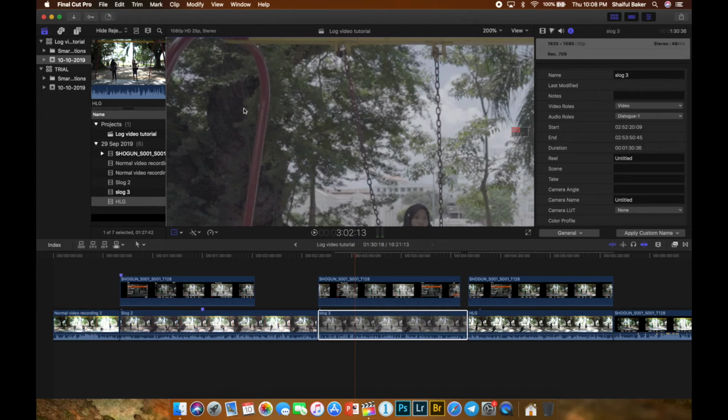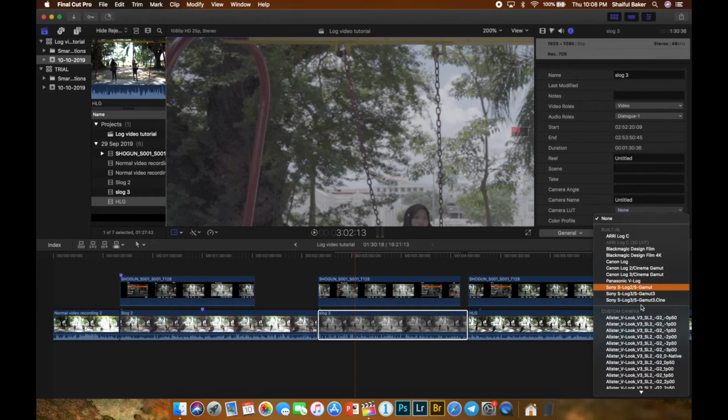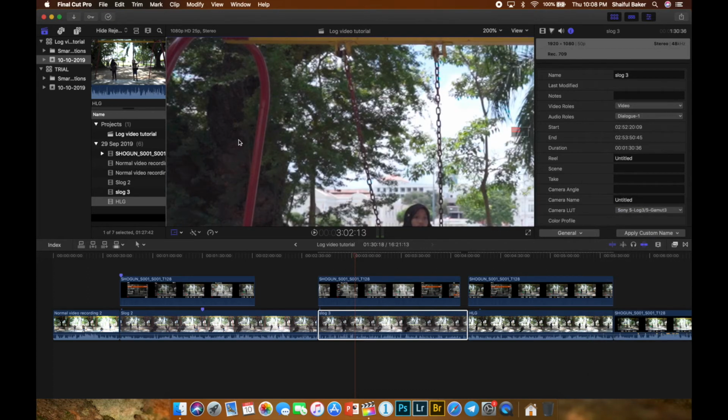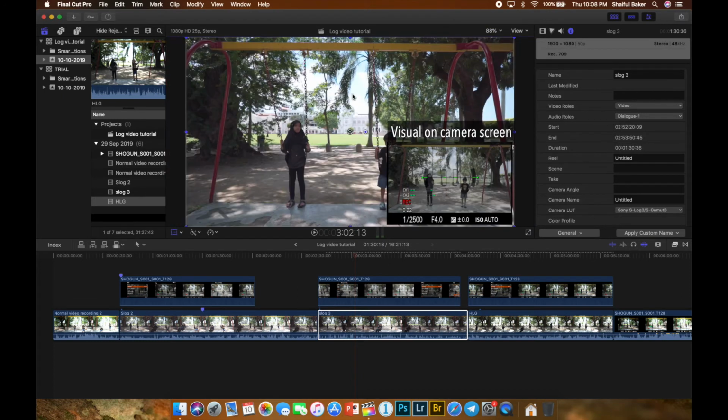Okay, that is 200%. Let's apply LUTs, which is S-Log3. So you start to see that this area is a bit funny. It's not very clear, right? But again, overall, you can see the sky, you can see the clouds very nice. The background all looks very nice. So what I do next, I'm going to